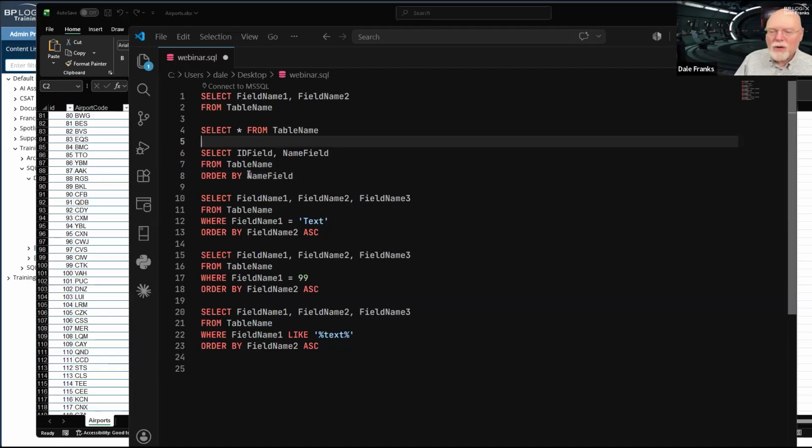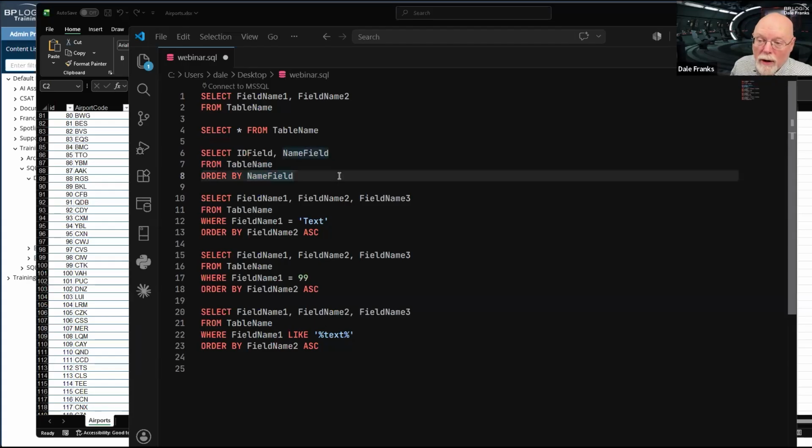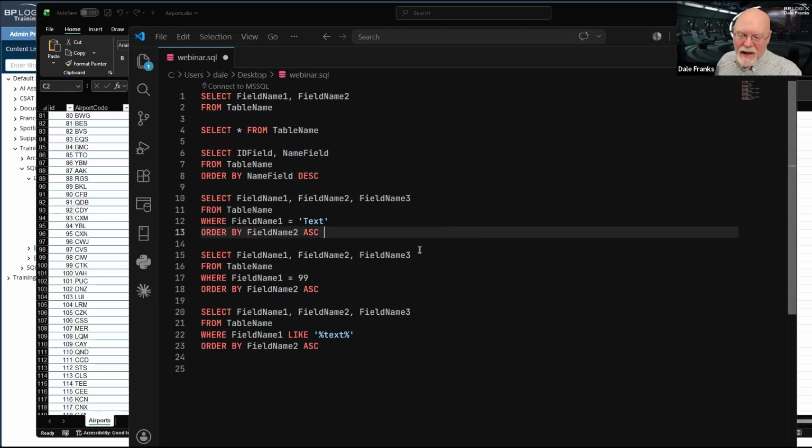Technically, this will work and this will sort things in alphabetical order. Now, if I do want to sort in descending order, then I do need that DESC keyword there, which just tells that the sort order is going to be descending. Technically, I don't need the ascending. I always use it.